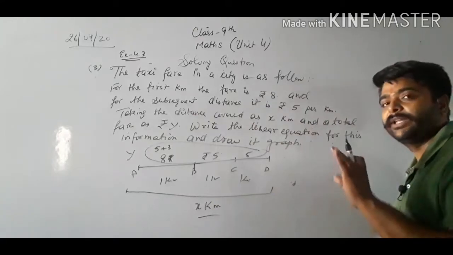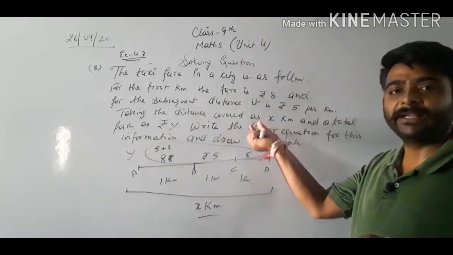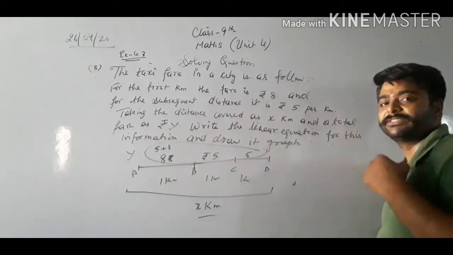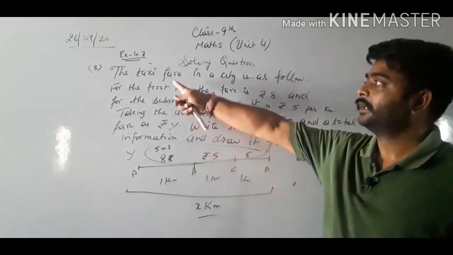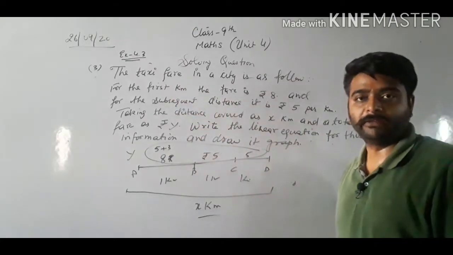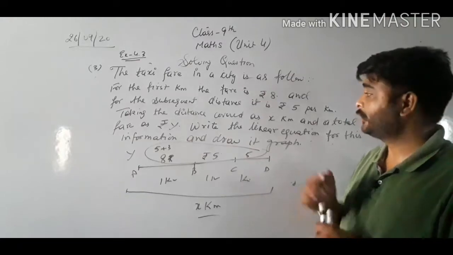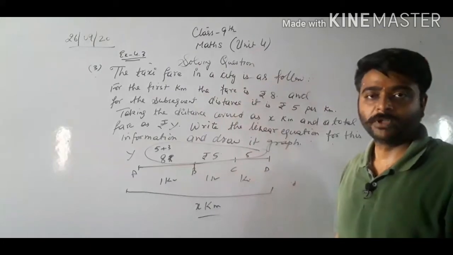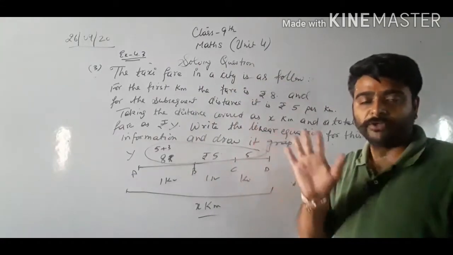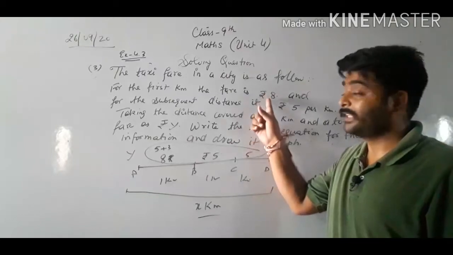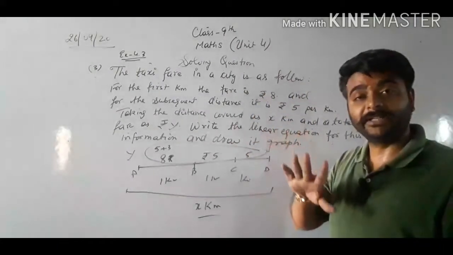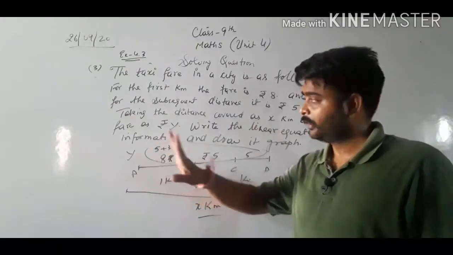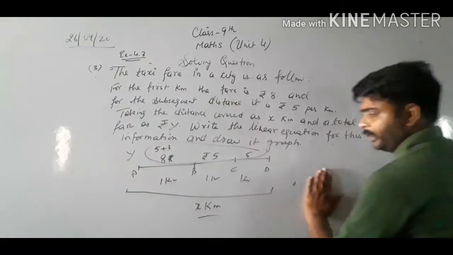So class, it's very simple कि distance को हमें x लेना है and total rupees को हमें y लेना है. तो आपको पता है, for example I am going in a taxi, I have traveled 5 kilometers at rupees 5 per kilometer, and for the first kilometer I am giving 8 rupees. So 5 kilometers is 5 5s are 25 and 3 rupees extra I am giving to him. 25 plus 3 is 28. So y is 28. Got it class? Are you getting my point? Okay. Now